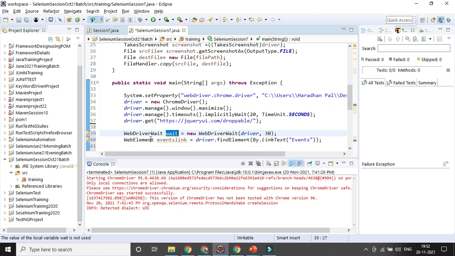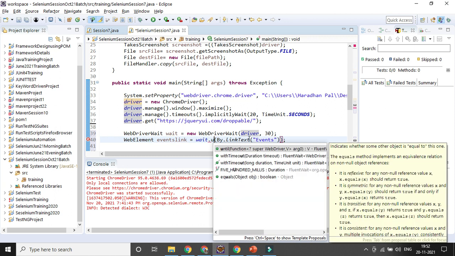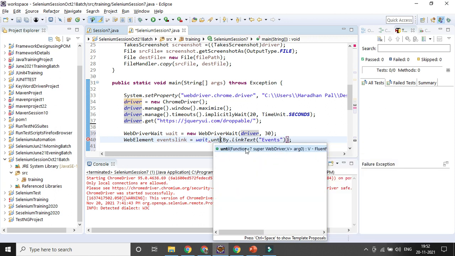Instead of creating the web element here, it will wait for that option. Let's remove that part. I think that is not required here. So wait dot, you can give the condition. What is the condition? First you need to check until, and here you can give the condition.